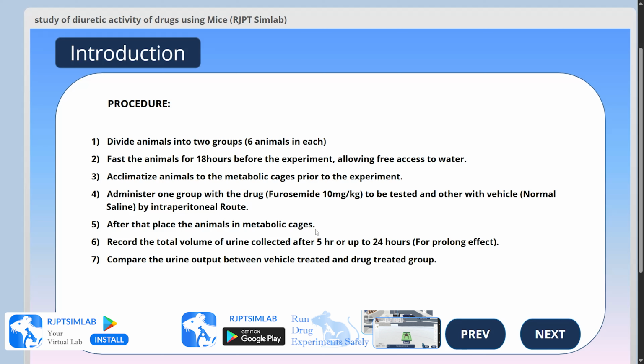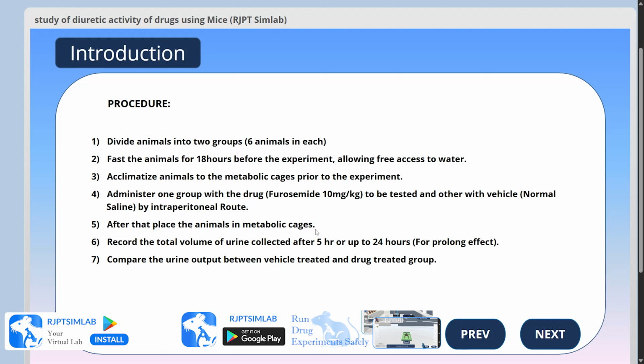The second step says to fast the animals for 18 hours before the experiment, allowing free access to water, which means we do not have to feed the animal anything, not even food, for 18 hours before performing the experiment, while allowing free access to water. And then acclimatize the animals to the metabolic cage prior to the experiment. What is acclimatize? We have to make them feel free around the metabolic cage so that they do not panic in it. They will get used to the metabolic cage before performing the experiment when we put them in it